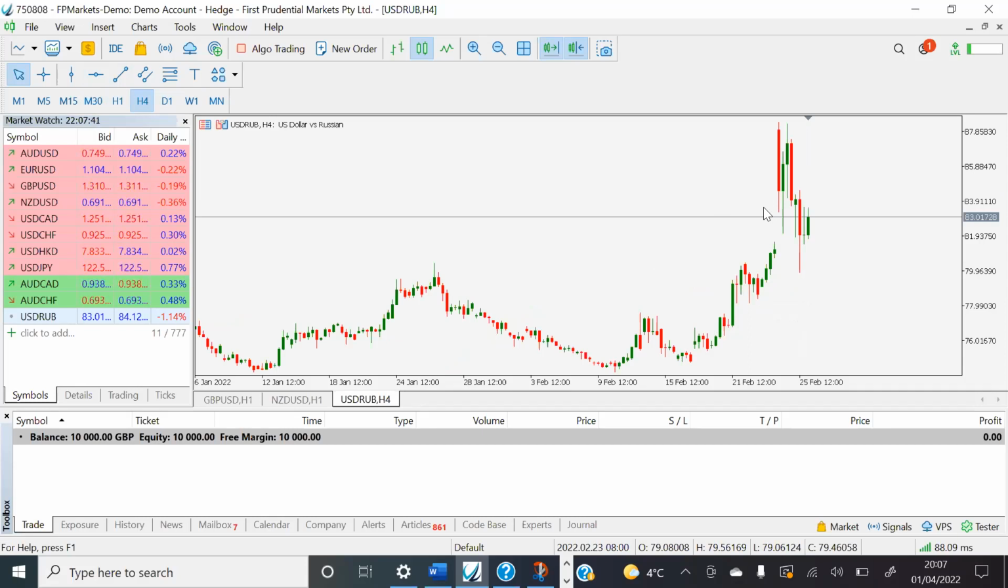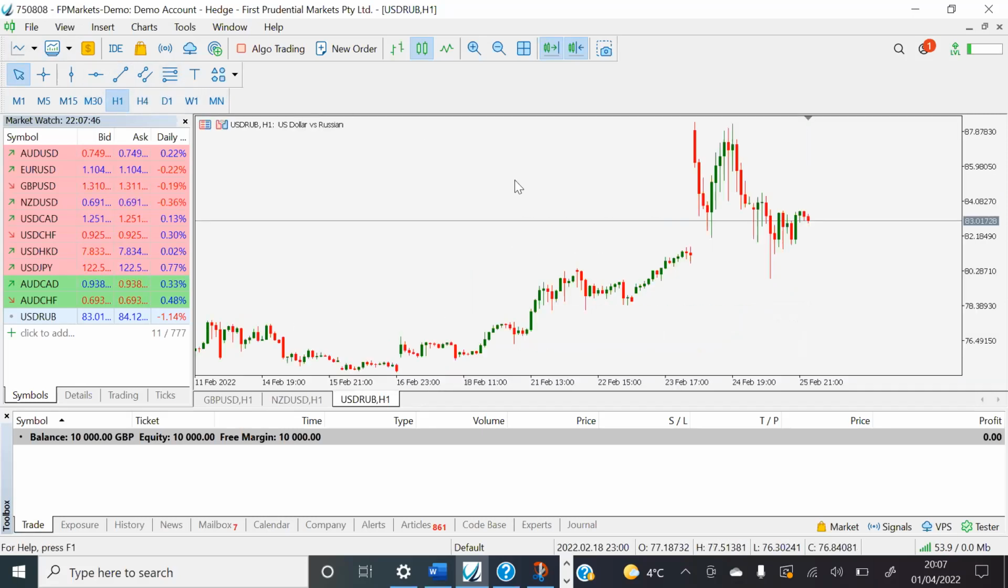Now put it on the 1-hour time frame. Let's see what it looks like. Okay, so can you see, for example, from the 18th of February, the market has been going up. Now, as you can see here, we've got red candles and we've got green candles. And also what we've got,